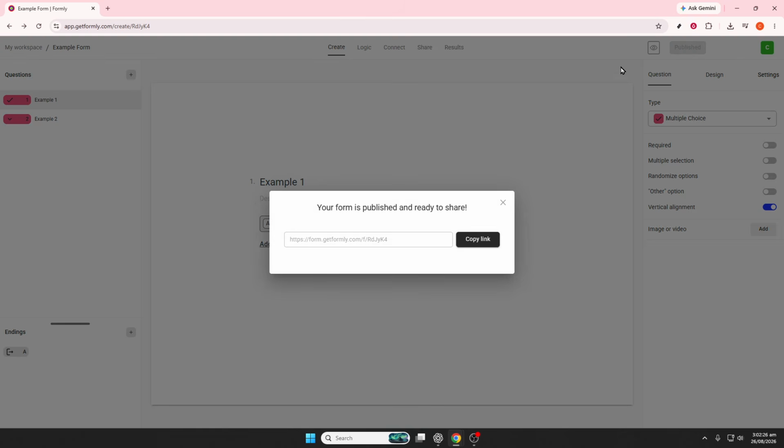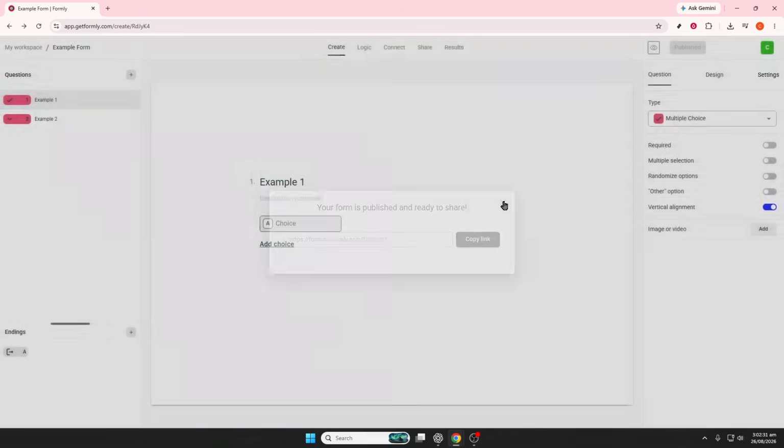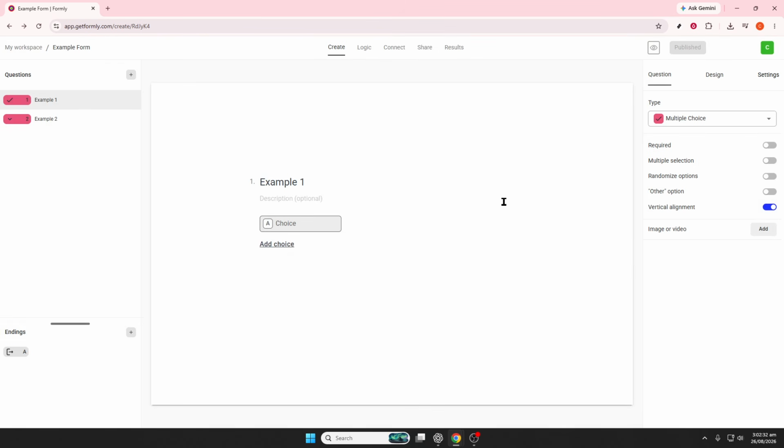Before publishing, click Preview and go through the entire form as if you were a respondent. Check the layout, branding, navigation, and any conditional logic. Then submit a test response using sample information, return to the dashboard, and confirm the response was recorded correctly. Once everything looks good, click Publish and copy the published form